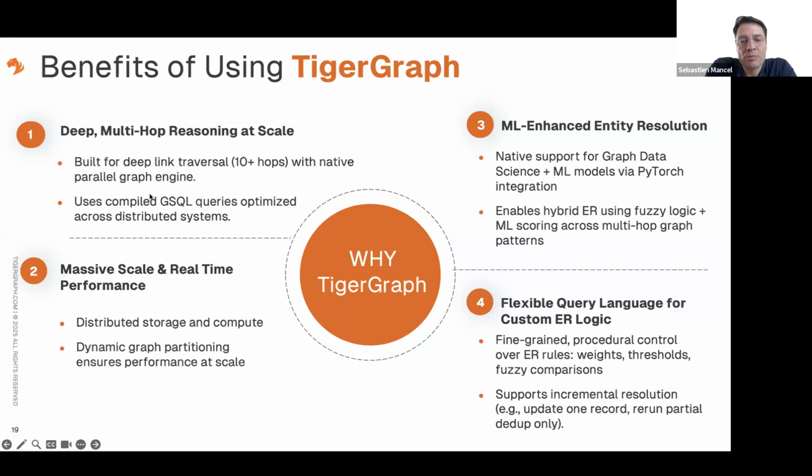You can even incrementally resolve records, updating only what's changed. So it's very flexible in that sense, and it makes the systems both powerful and efficient. So TigerGraph is a full platform for entity resolution at enterprise scale. We have the performance, flexibility, and intelligence to turn your data into